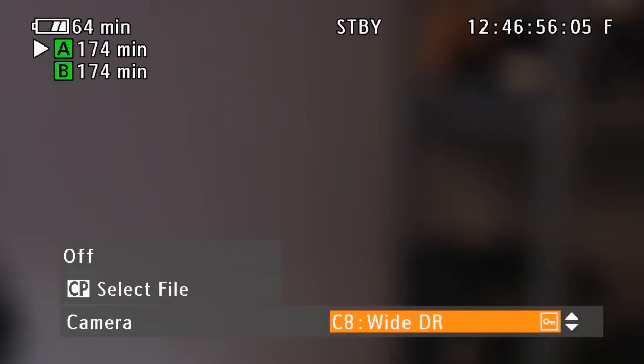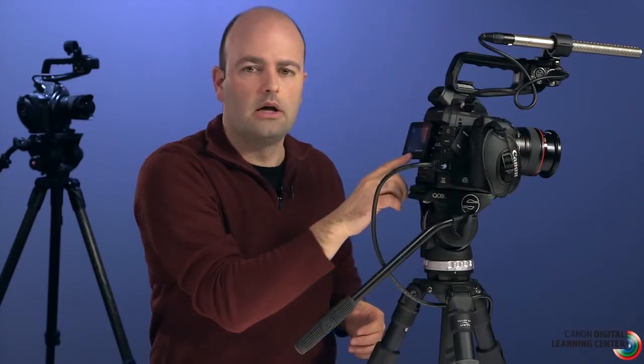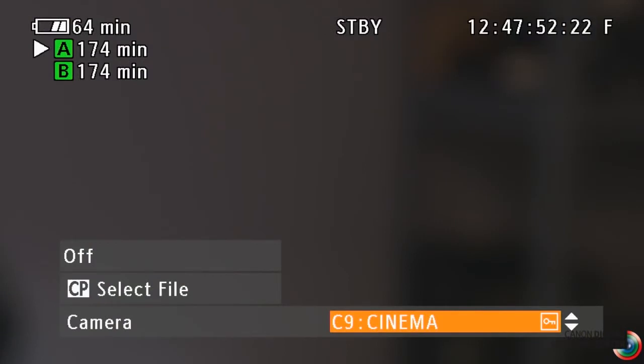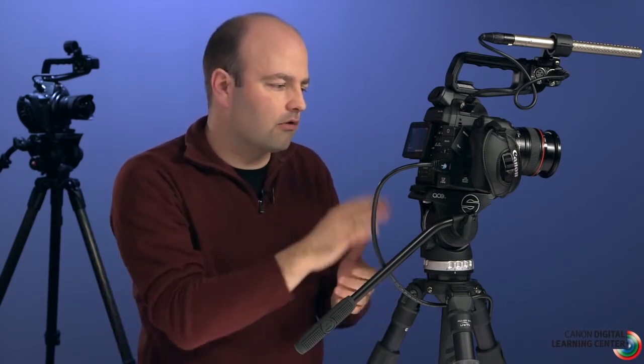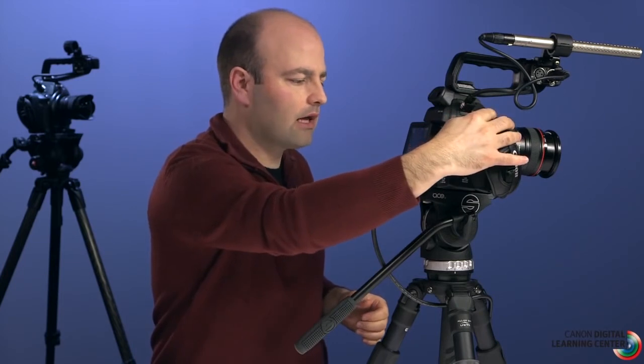A really fantastic custom picture because what it does is it allows you to shoot with a curve on the image that approximates Rec 709. So whereas when we go up here to Cinema and we're using Canon Log as our gamma curve, and we have to really think about a much flatter image which is going to have to be graded in post-production, when we use Wide DR, we're actually shooting with a curve that, while it has a lot of dynamic range, produces an image that once you've edited it, you don't really have to grade it if you don't want to, as long as your camera is properly exposed and white balanced and things like that. So this is really a great way to shoot,